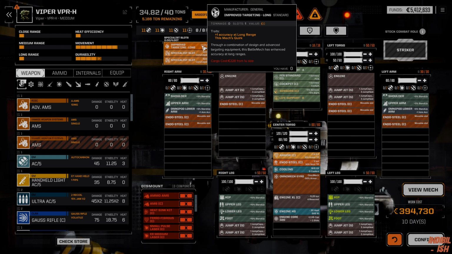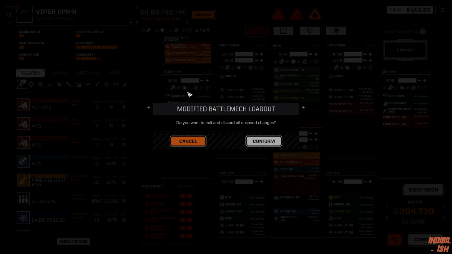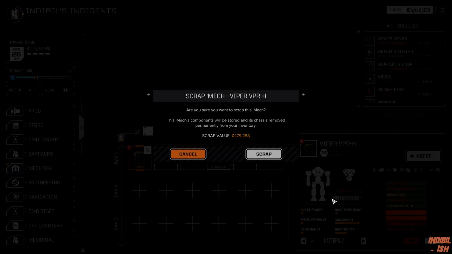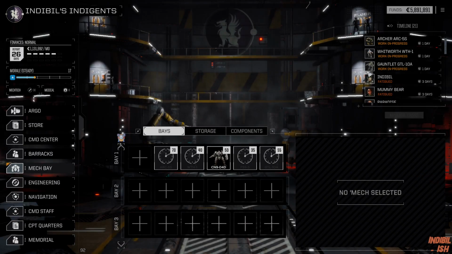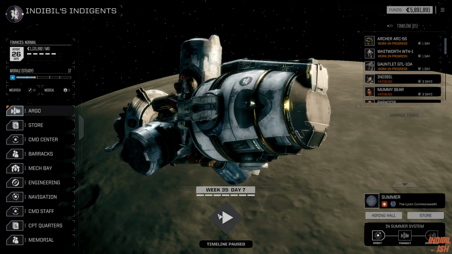So, I don't know, it could be a thing, but it also could give us a lot of money because it's an Omnimech, so scrapping it is 480,000 C-bills, which I'd rather take than a mech in which we only got 5 tons to work with. So Viper scrapped. We got 2 days of repairs to go through. Well, 4, but we got 3 bays, so...